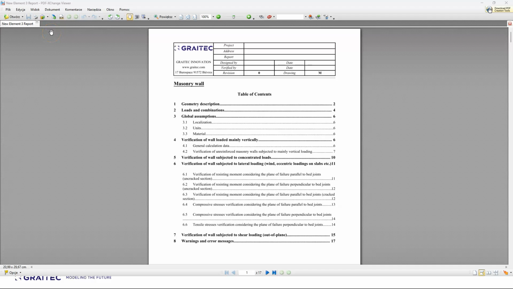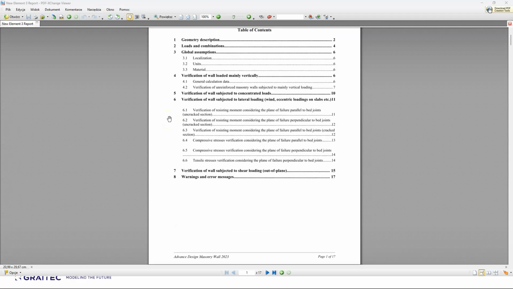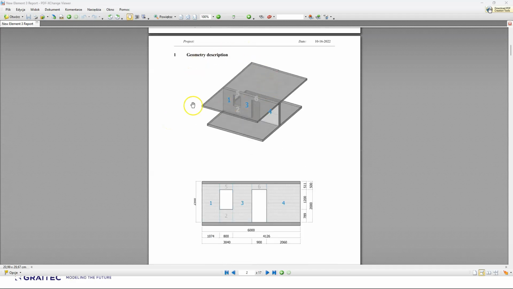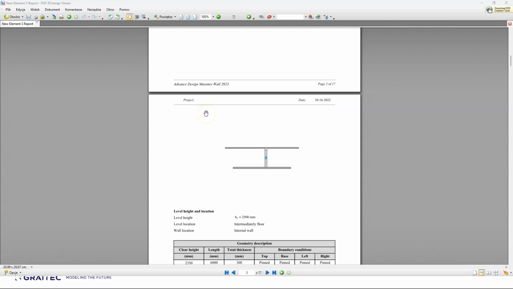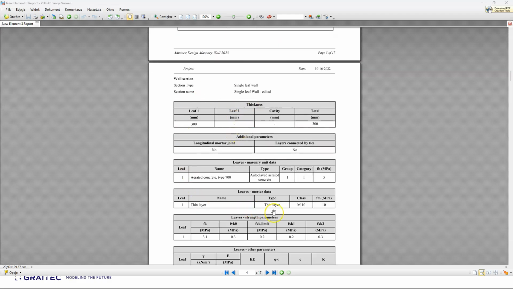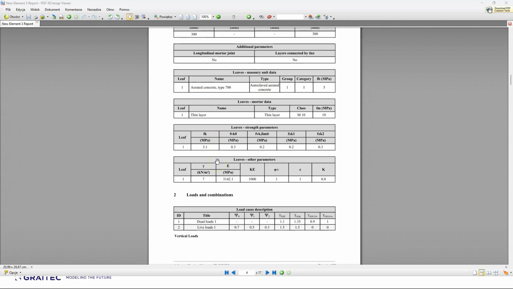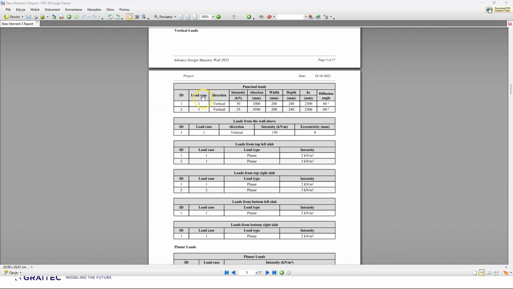So please see that we have a very detailed report generated right now with 17 pages. And this could be either for you to check how the design was performed, or you can deliver it as a design report. You can see all the assumptions. So the geometry description with all the design panels, material, so the section of a wall, how it's structured, what is the masonry unit, what is the thickness, again the loads,